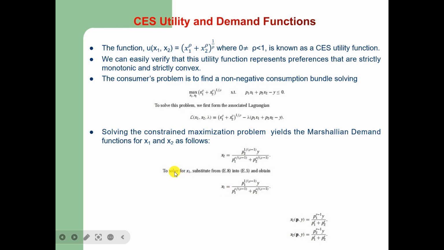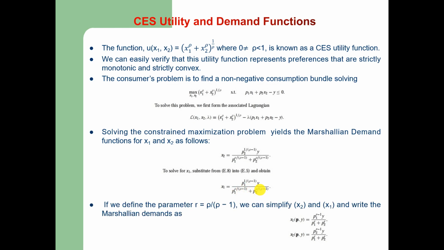If you substitute this value in the budget constraint, then this solves for x1, and the Marshallian demand curve for x1 is given by this function, that is p1 raised to the power 1 divided by rho minus 1 whole divided by p1 raised to the power rho divided by rho minus 1 plus p2 raised to the power rho divided by rho minus 1,